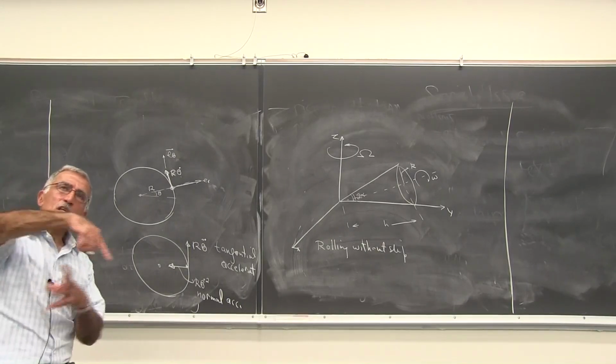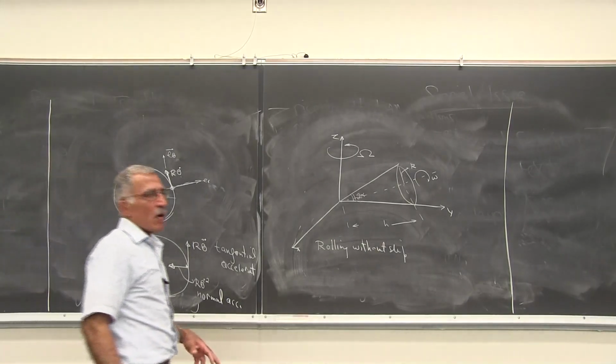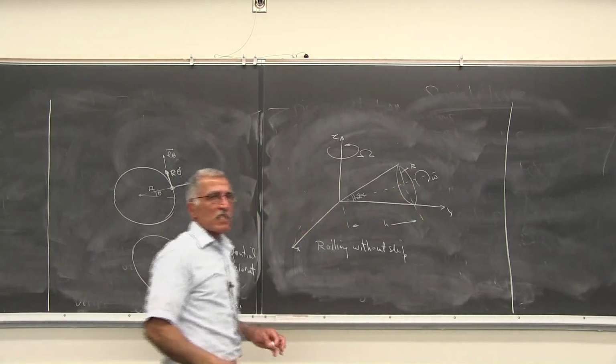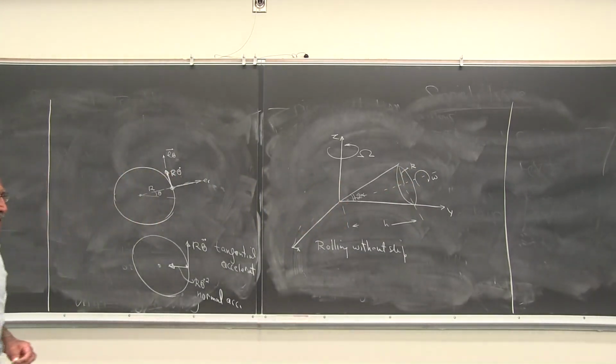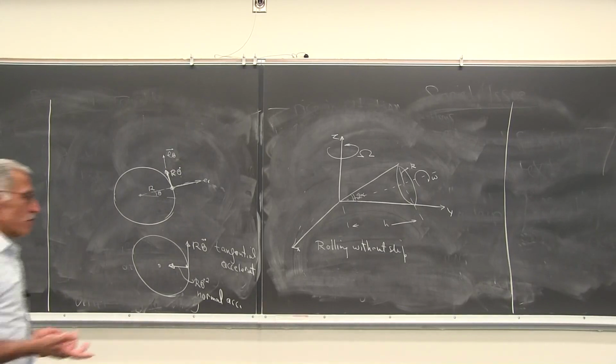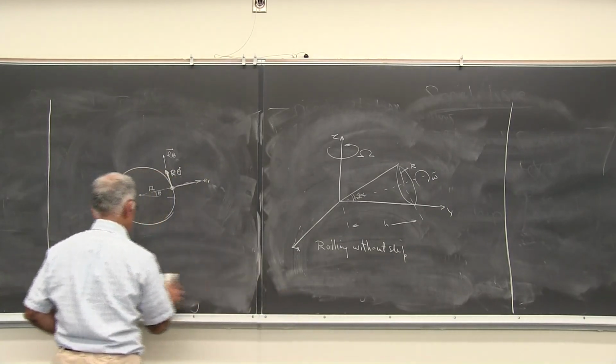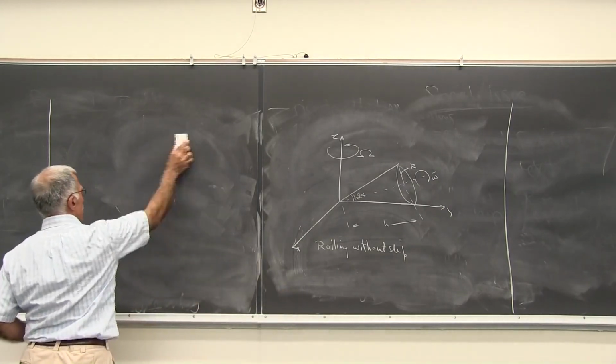So if the cone is going with the capital omega, what is the small omega, which is rotating like this? It's like a tire of your car. Your tire is rotating and it goes all around the circle like this, and we are interested in the small omega. Of course, there are so many ways to solve this problem, not just one way. And if you are clever enough,